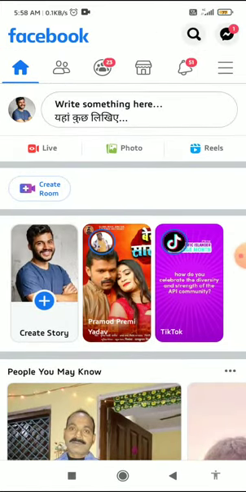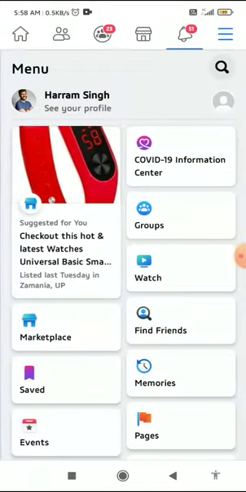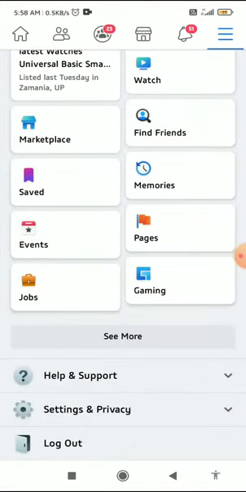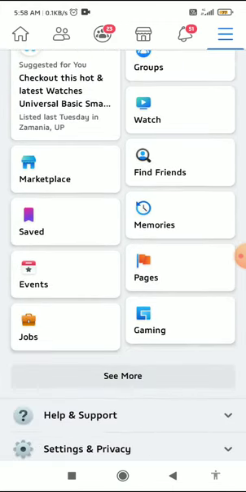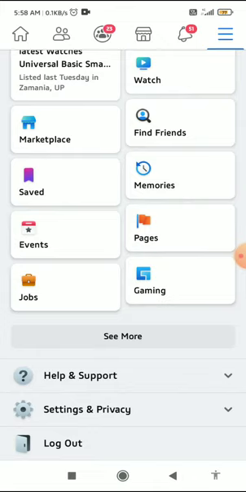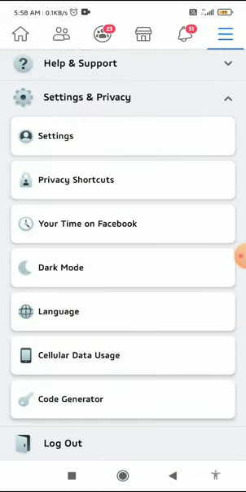The very first thing you have to do is click on these three horizontal lines in the top right corner, and you come to this page. Go to the bottom of the website, and you can see Settings and Privacy. When you click on Settings and Privacy, this window pops up, and then you have to click on Language. Here you can see the language,